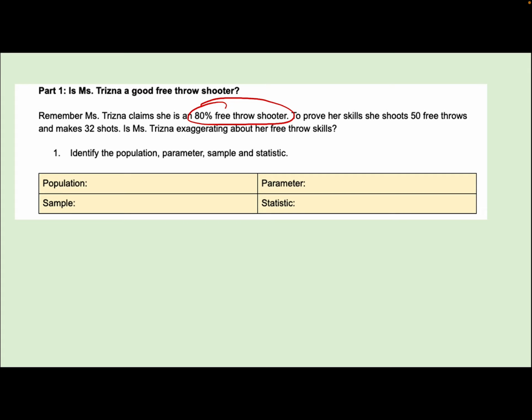All right, so the population is all free throws I've ever taken. The parameter, which is a lowercase p, is the true proportion of made free throws.